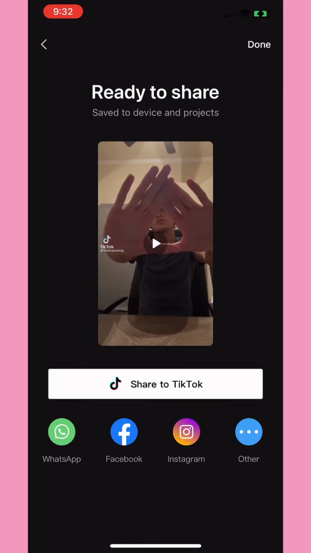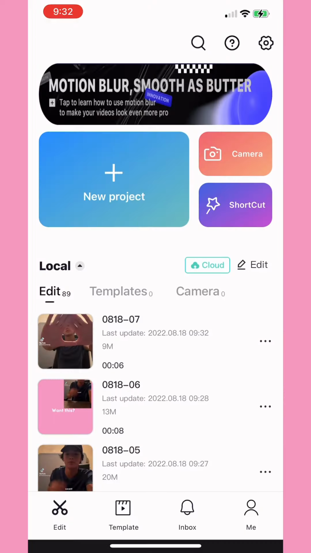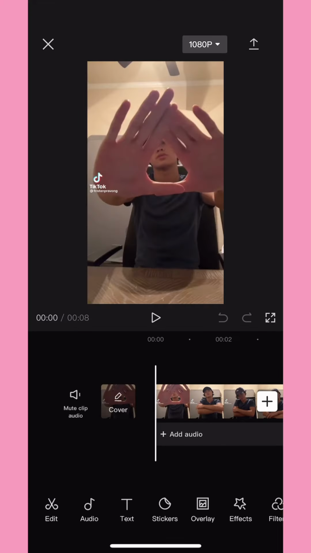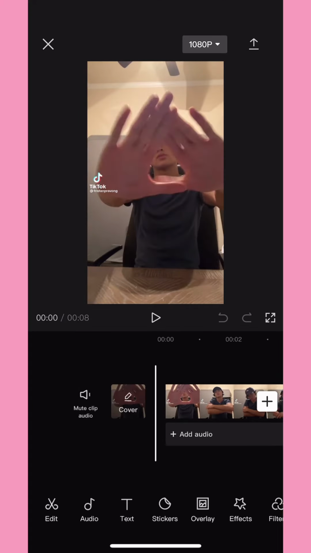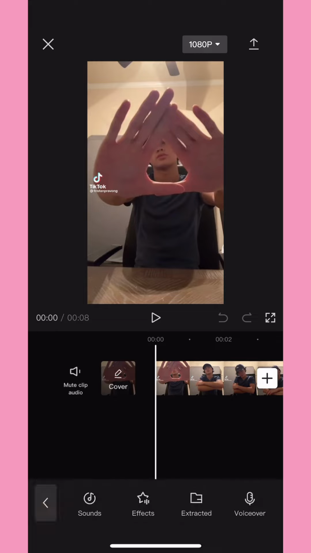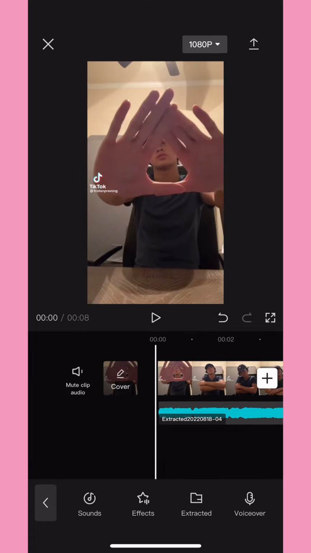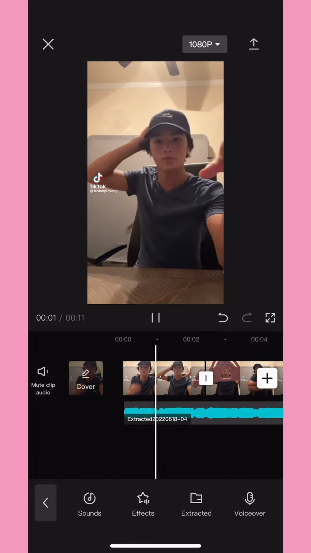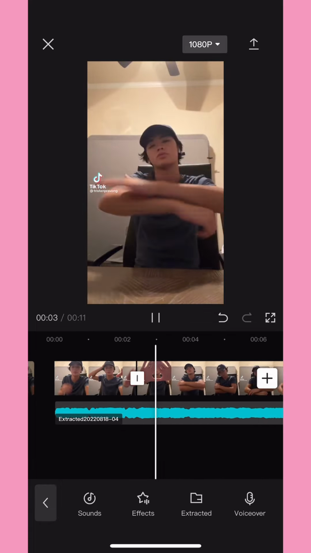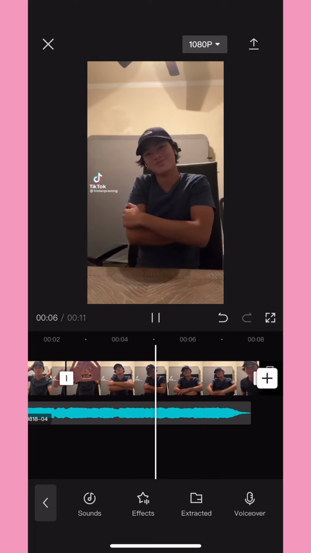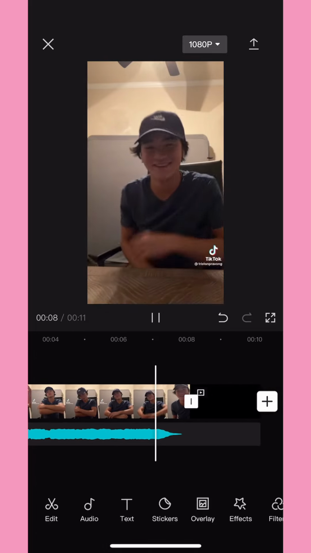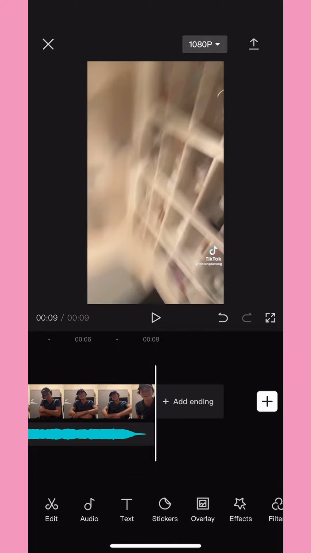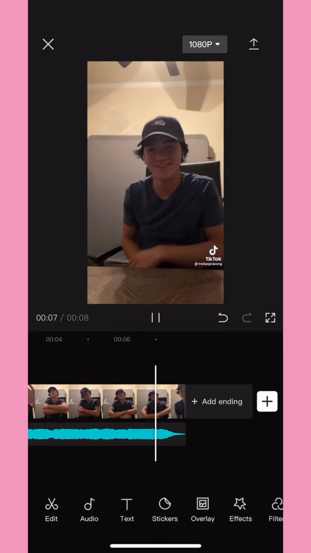Export the clip, obviously, and you're going to press new project, and the clip you just exported, you're going to want to add it into the video. And I suggest you add sound so you can see how it comes out. It usually helps see how the results are going to come. Then right in front, you're going to add the clip you exported earlier. And if you want to check how it comes out, obviously you can. You're going to want to cut off the CapCut